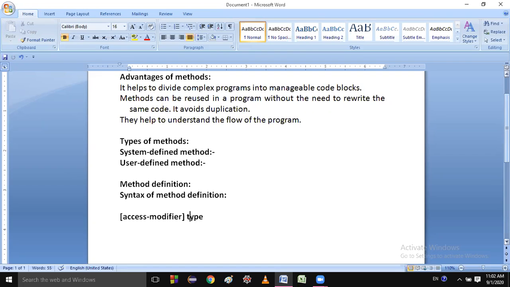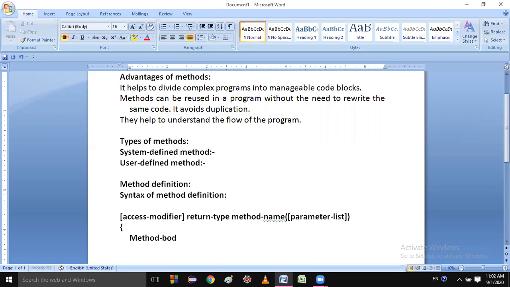Then after that there will be the method name, and a bracket, and inside the bracket there is the parameter list. These are also optional. According to your use, you will write the parameter list; it is not compulsory. After that, there will be curly braces, then the method body.